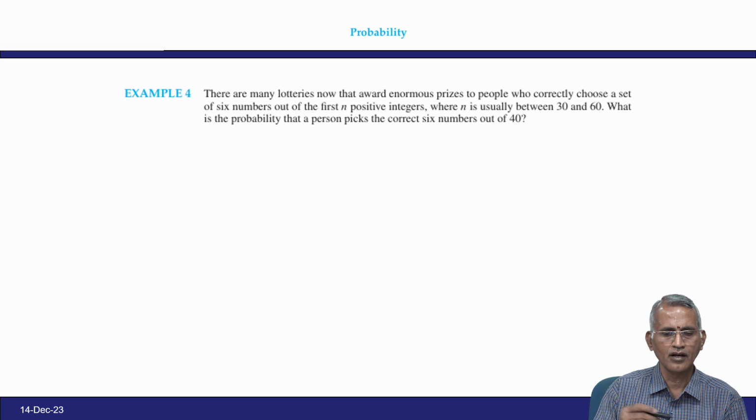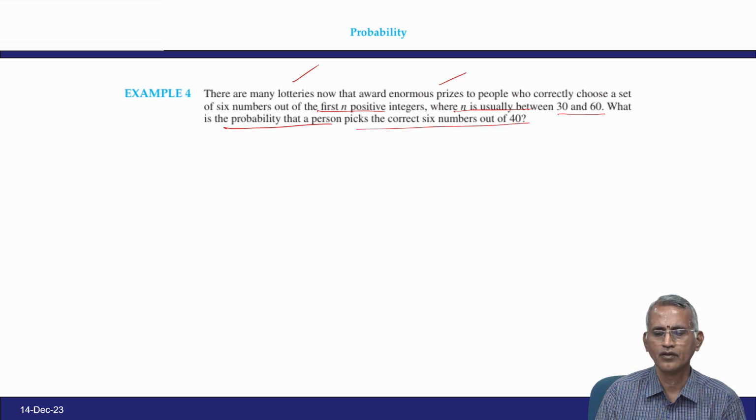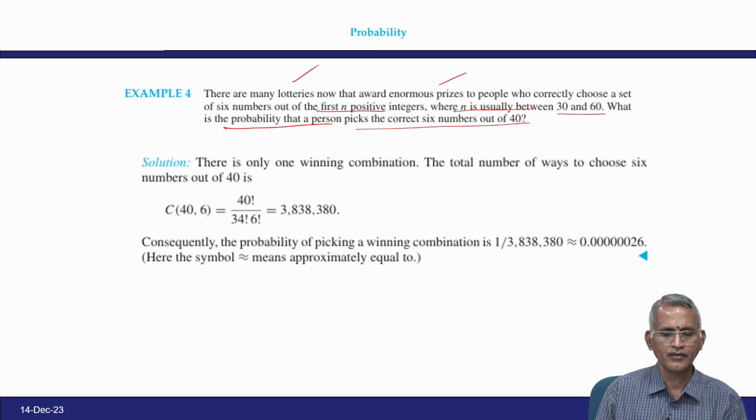Next example, there are many lotteries now that award enormous prizes to people who correctly choose a set of 6 numbers out of the first n positive integers, where n is usually between 30 and 60. What is the probability that a person picks the correct 6 numbers out of 40? So, here we have to use the combination. There is only one winning combination. The total number of ways to choose 6 numbers out of 40 is